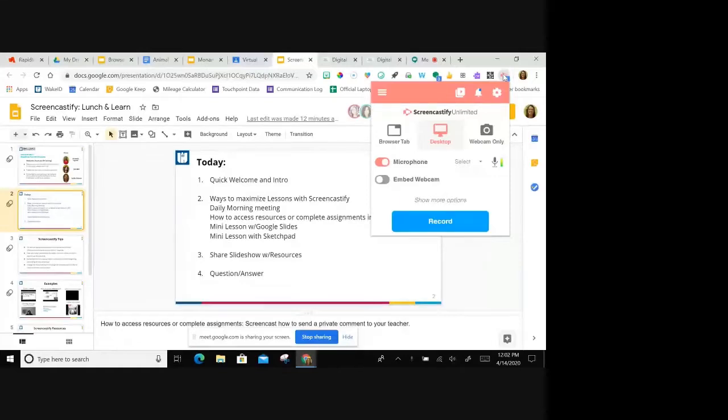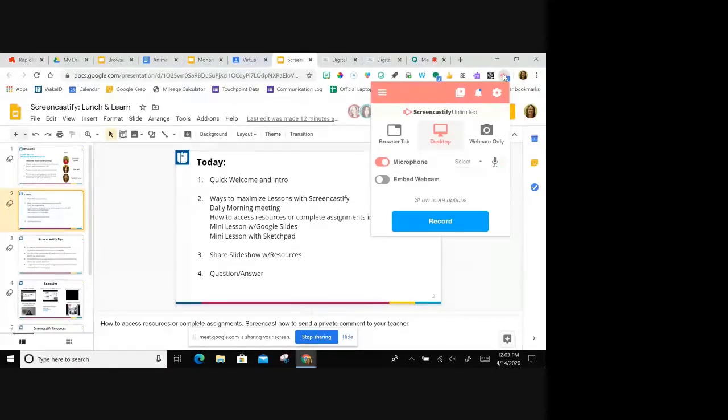You can take all of these videos that you create with Screencastify and you can embed those into your LMS. So if you're using Canvas, if you're using Google Classroom, if you're using Seesaw, you can take any of these videos because they live in your Google Drive, and you can insert them into your LMS, or if you wanted to, you can insert them into a Google Slidedeck or however you want to display it